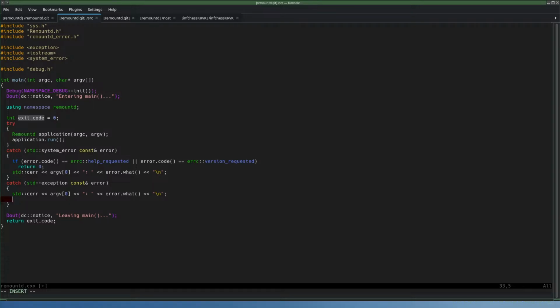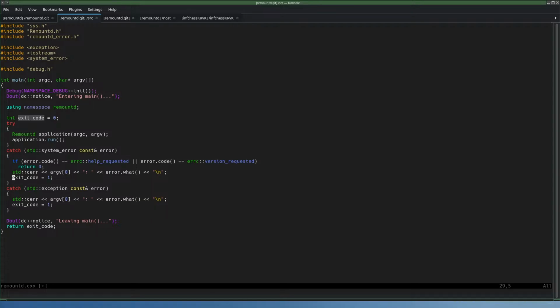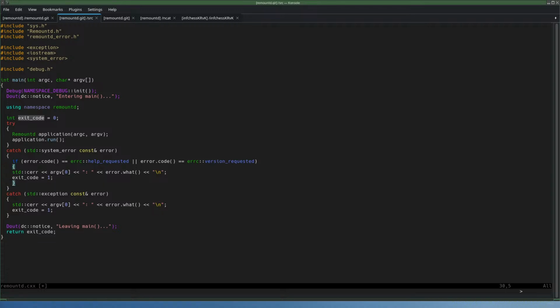And then here we do exit code is 1. And here as well. And here we don't want to do this or set exit code to 1. I just want to leave it. So what you really want to do is negate the test and then do that. Oops. Negate this test means unequal that and unequal that.